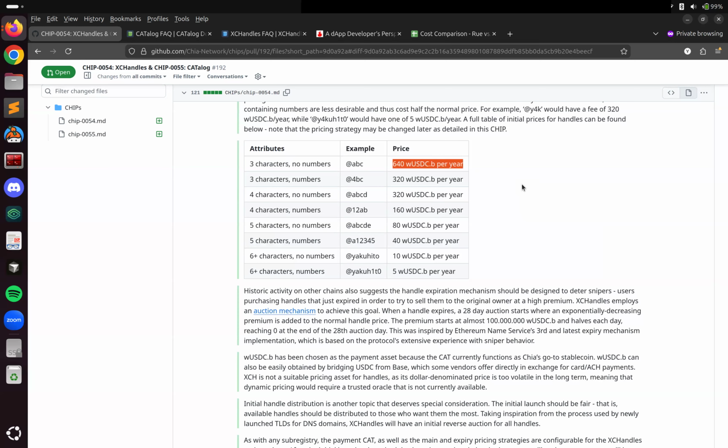So they switched the mechanism to expire handles, to expire their names quite a lot of times. And XCHandles is using the latest version. So what's happening is that the handle kind of enters a reverse auction. So it starts with a really high price of, I think it's 100 million USDC from Base. And obviously, no one is going to do that. But the purpose of this auction is not to generate a bid on the first second, but to allow people to bid when the price reaches